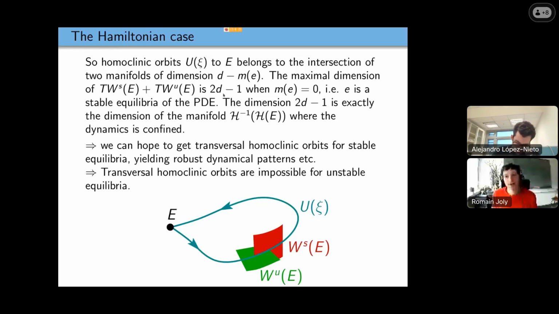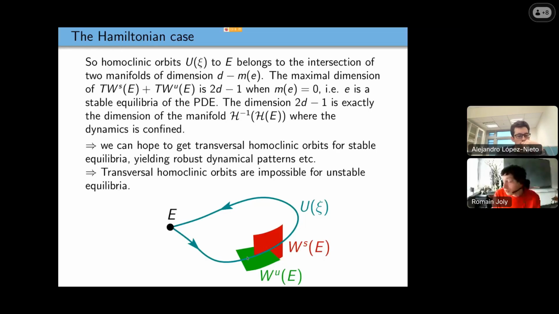So you cannot do better than 2D minus 1, and your whole state space is of dimension 2D, so it looks like a fail, but not really, because you have to remember that you have a Hamiltonian dynamics, and it means that all the dynamics is contained in the level set of your Hamiltonian energy. So due to this, you have a conservation of energy. It means that the whole interesting dynamics belongs to a manifold of dimension 2D minus 1. So actually, it's the correct dimension to hope to have transversality. Okay, so this is the problem of transversality if you look at homoclinic orbits.